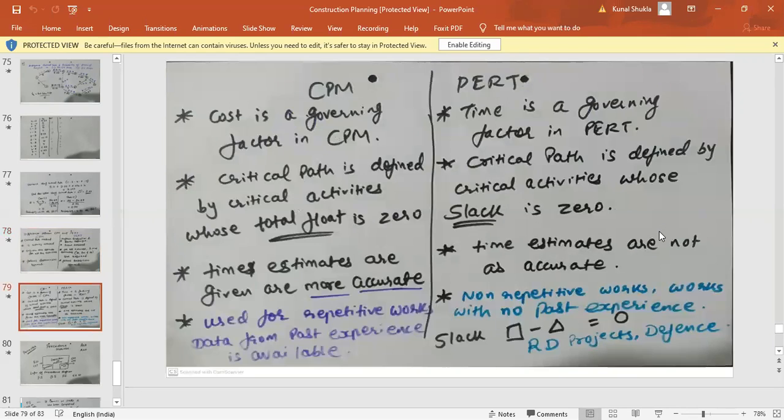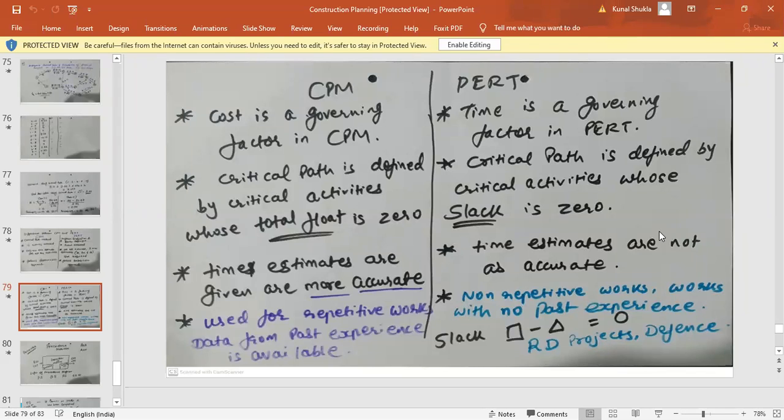Okay, now next is cost is a governing factor in case of CPM method. So this will be much clear in the next module. That is why cost, because cost optimization can be done in case of the CPM method, CPM network. Okay, what is cost optimization? It means cost crushing. Cost crushing means in order to reduce the days, I am going to increase the cost aspect also. But my target should be to achieve the minimum time and to increase the cost at a minimum level.